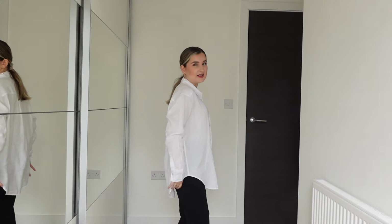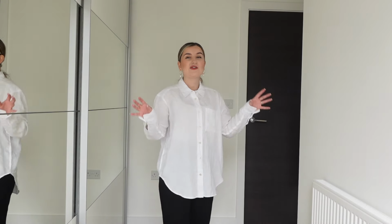Again, this would be fabulous as a beach cover up just because it's a tiny bit longer, or if you wanted to wear it open and over a pair of shorts maybe, or over a dress, I think this would be perfect too. And now moving on to my favorite out of the 3 white linen shirts that I